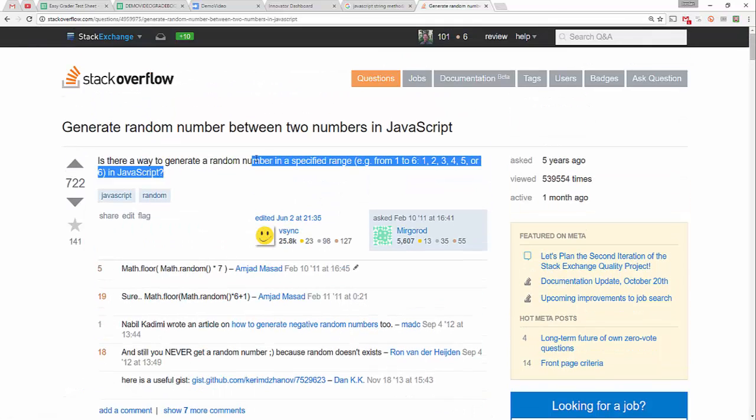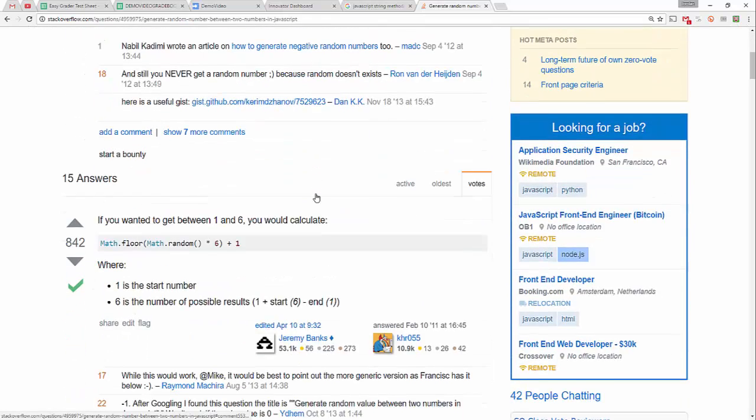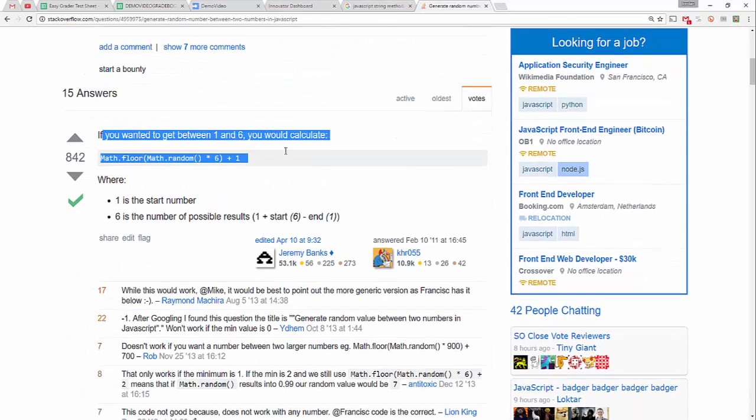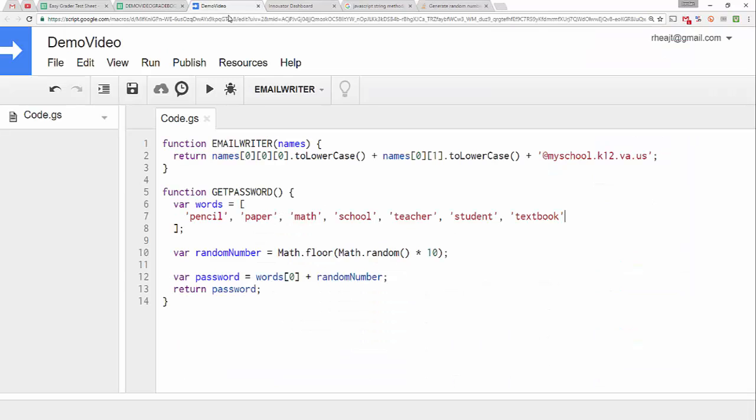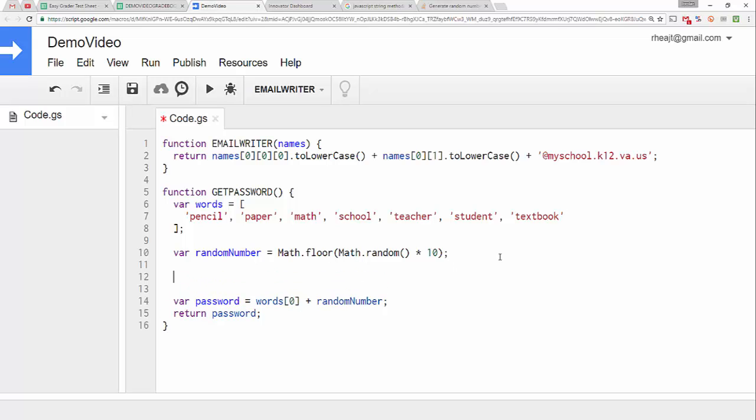Is there a way to generate a random number in a specific range in JavaScript? Perfect. If you wanted to get between 1 and 6, you would calculate Math.floor(Math.random() * 6 + 1), where 1 is the start number, 6 is the number of possible results. Okay, perfect. So that is exactly what we're looking for. And it's basically what I had typed up here, just on accident here. So I'm going to do random key, and